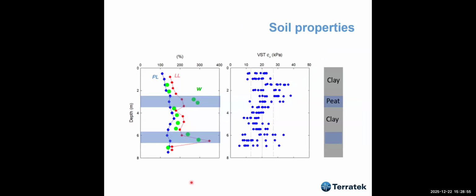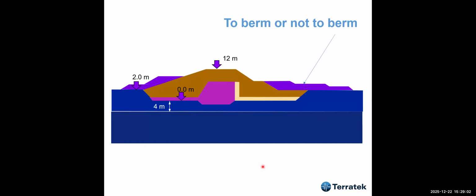The factor of safety was too high. That was the problem, and the consequences were also costly if they used a factor of safety that was too high. So in order to decide whether to put in the berm or not, and what the length of the berm should be, they decided